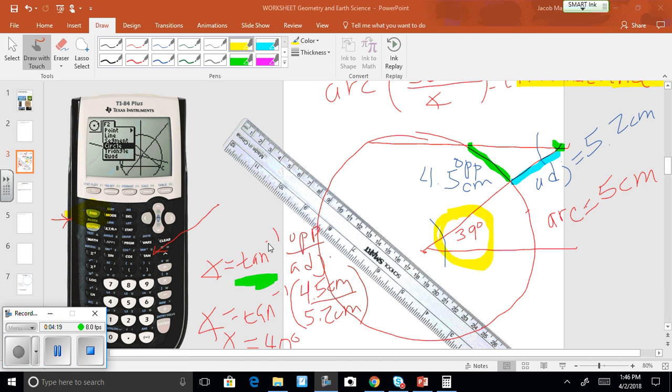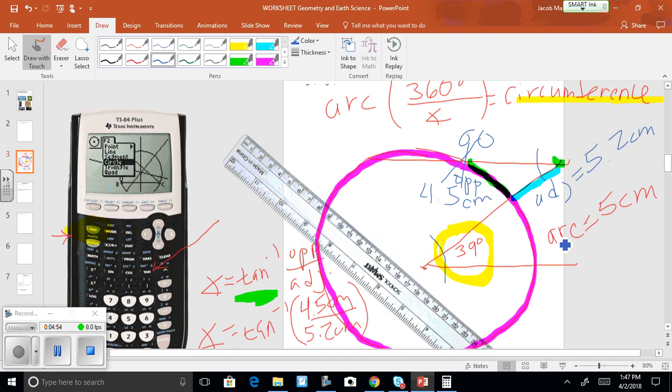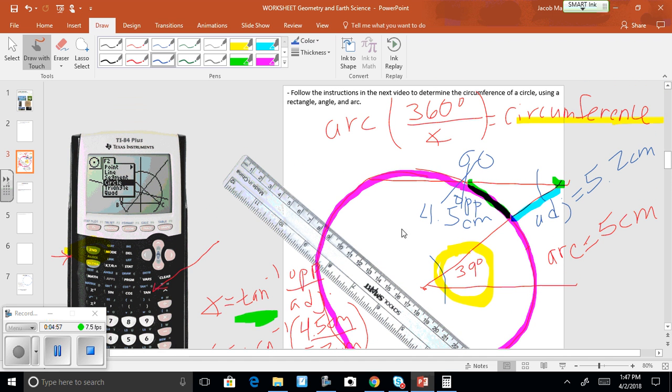And lastly, if you want to double check your answers, there's a way you can do that. If you just get some string and essentially follow this circle with the string, you go around your circle with the string. You might have to tape it at certain points so that it stays there. Then you just cut it with some scissors. Once you've got it, you can straighten the string out and actually measure it using a ruler. Then you can see if your circumference